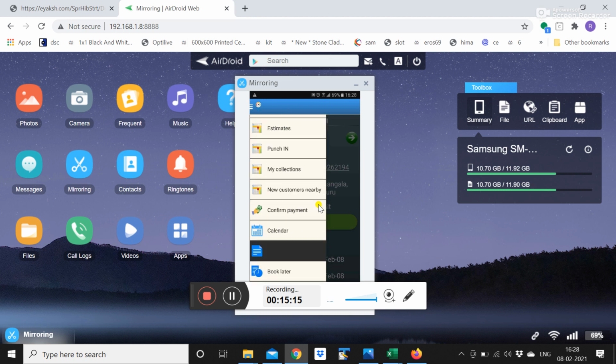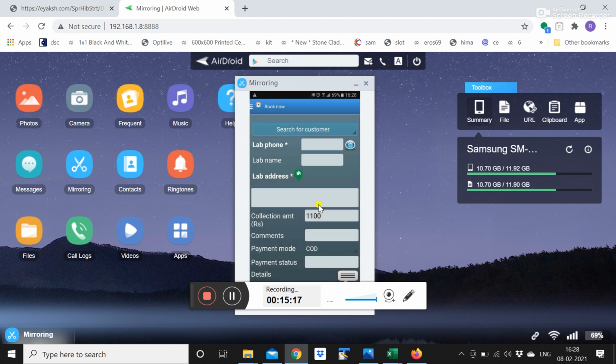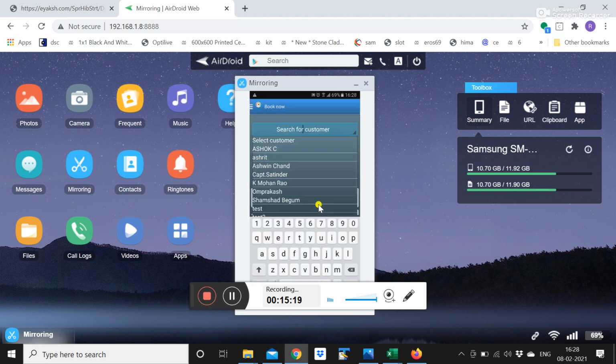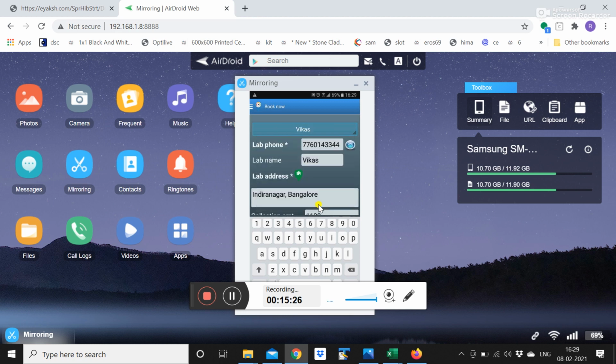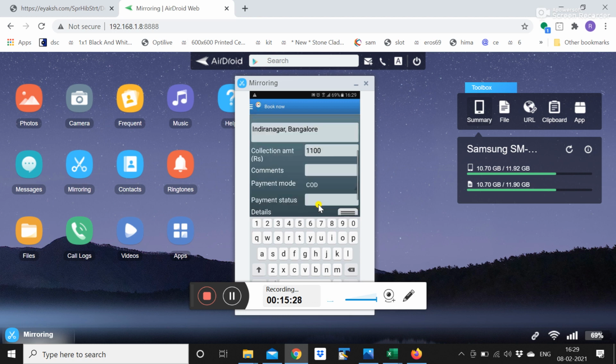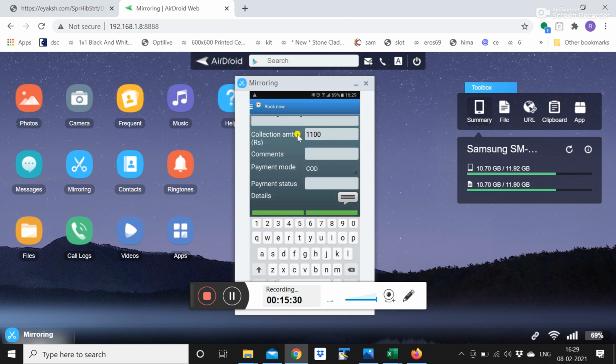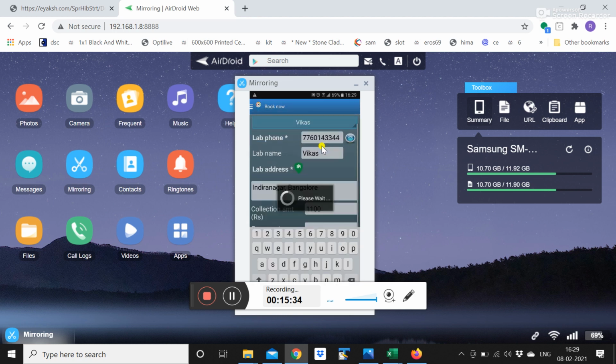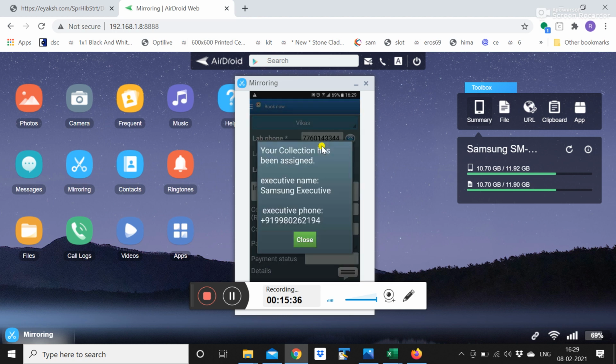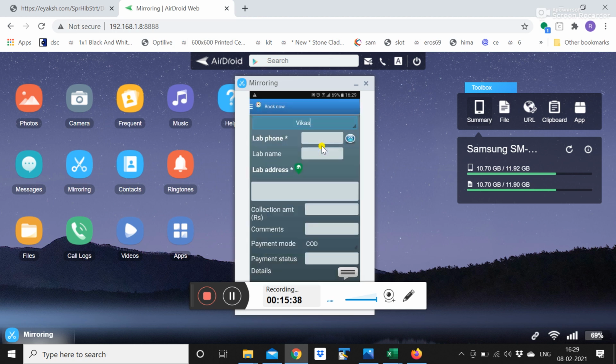He has to click on book now, and he can select, so whichever customers he has attended so far can be shown as part of the list. And the amount would be pre-populated, the amount that he had selected for these two tests, and he'll just say create. So this is called a self creation, that is, he has assigned this test to himself.